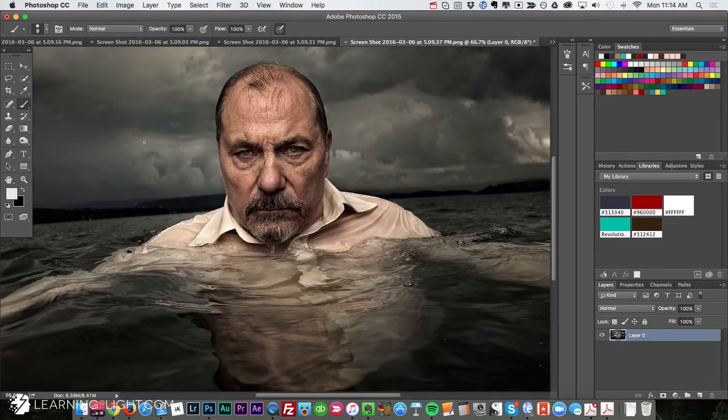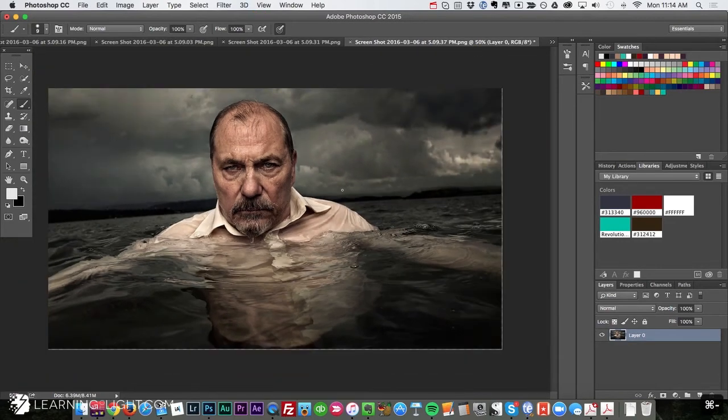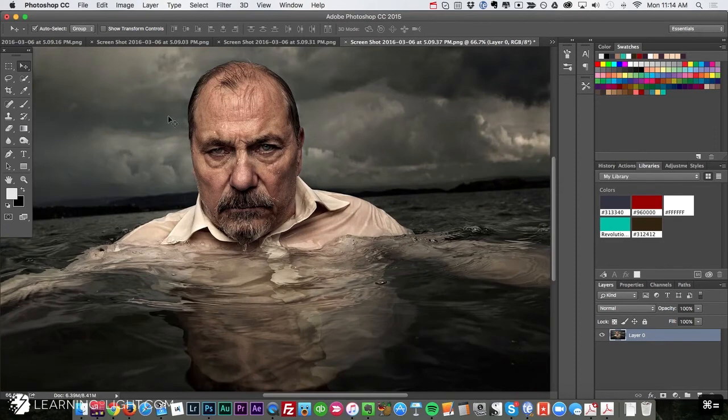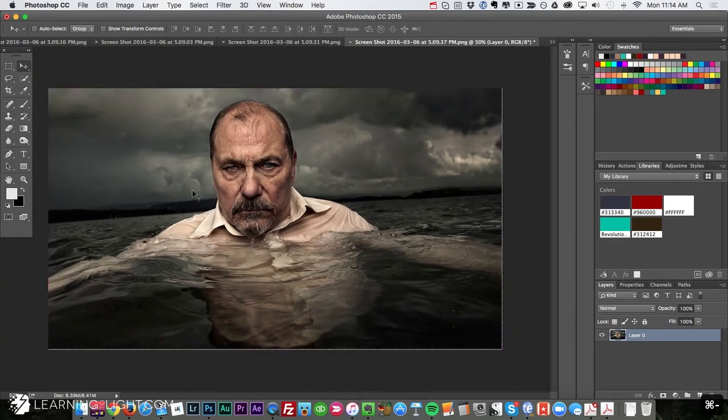Okay, let's do our last image. Very, very engaging image here. Let me see if I can align it properly. Looking at this, the first thing I'm going to say to myself is, how did they get out into the middle of an ocean or a lake or whatever this is to shoot this picture? And I think the answer is they didn't. If I had to guess, this is a composite shot where we had a subject in real water,